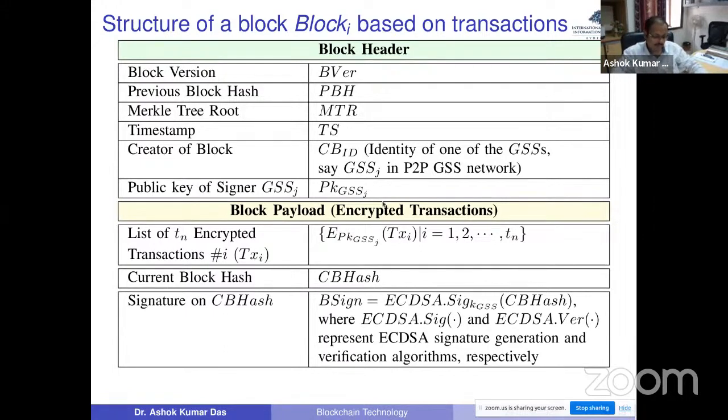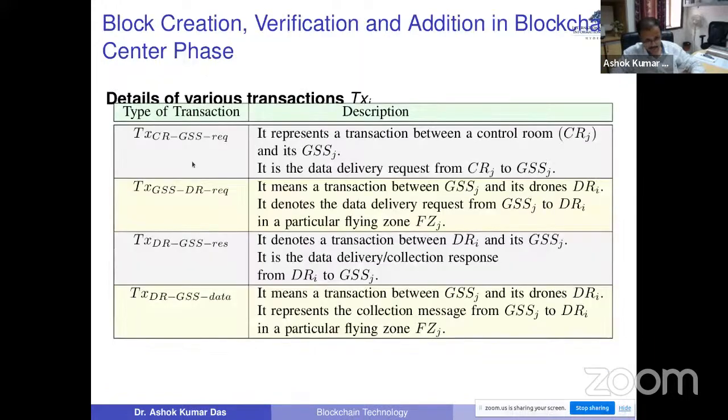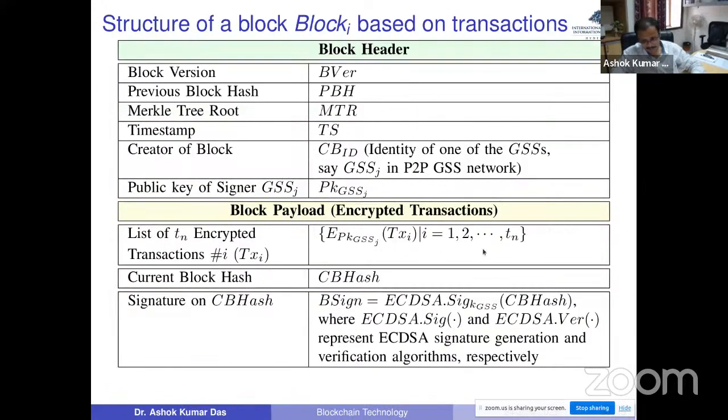Then in the block payload, we have the encrypted transactions. Transactions could be of any one of the types. Suppose there are n transactions. We encrypt the transactions using the public key of the GSS. Once the list is available, we can compute the current block hash, the hash of all the fields as well as the encrypted transactions. Then the signature of the current block hash will be taken using the elliptic curve digital signature algorithm. Now, once this block is created,